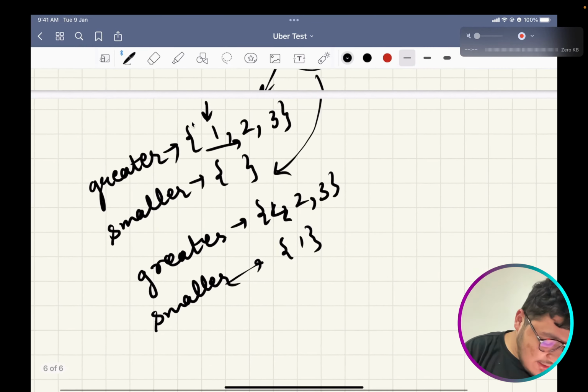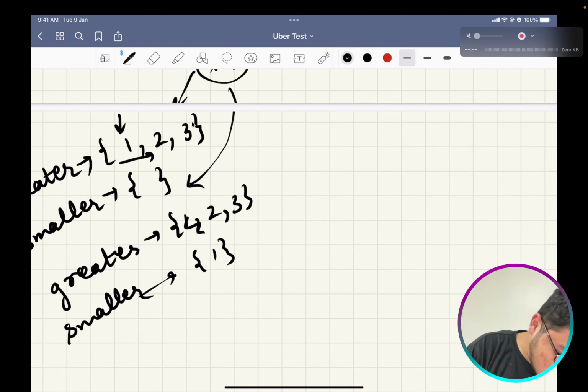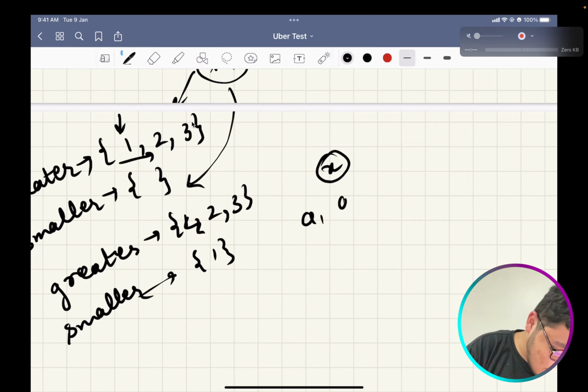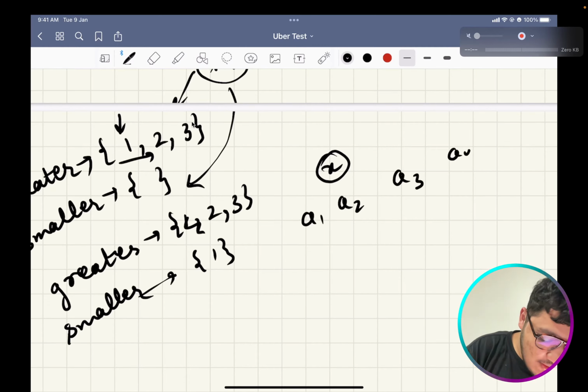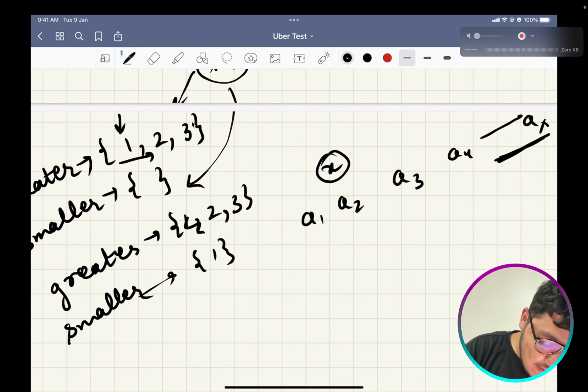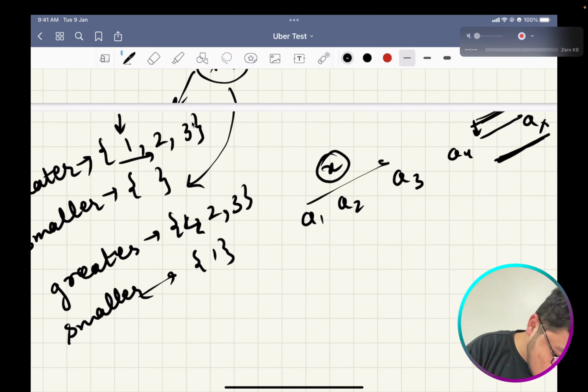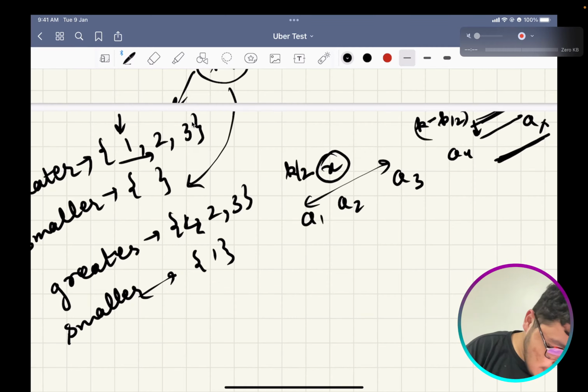Because let's say you have these x numbers a1, a2, a3, a4, and let's say ax. To maximize your answer, you have to take some values from here, k by 2 values from here and k minus k by 2 values from here.